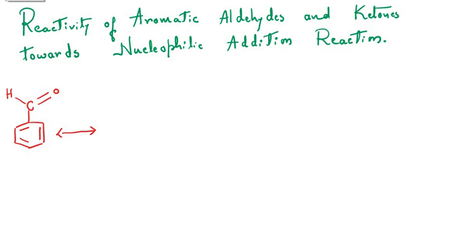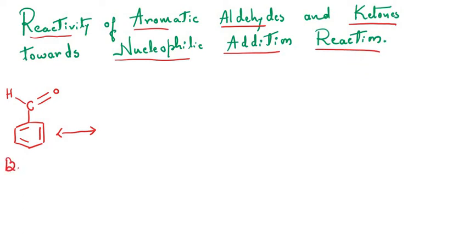Students, now we are going to learn the reactivity of aromatic aldehydes as well as aromatic ketones towards nucleophilic addition reaction. So here I have taken an example of benzaldehyde. I hope you are able to see this compound is called benzaldehyde, right? And we basically know that in this benzaldehyde, this pi bond is a weak bond, so this will be migrating here, and this oxygen carries delta minus, and this carbon will be carrying delta plus. So actually the nucleophile has to attack now, but at the same time this carbon is linked with a benzene ring. I hope you are able to see this, okay?